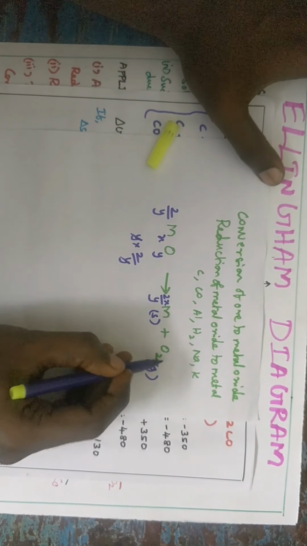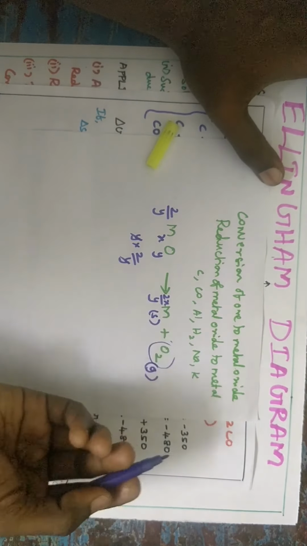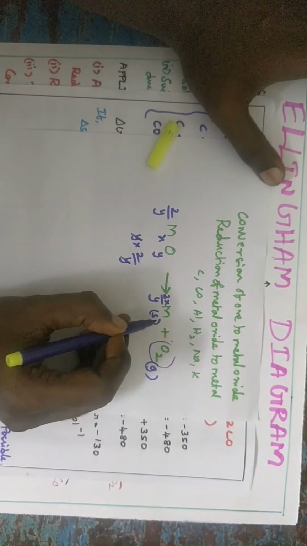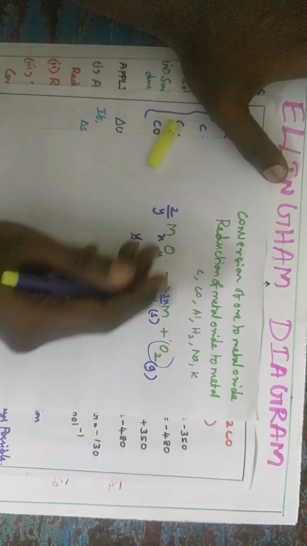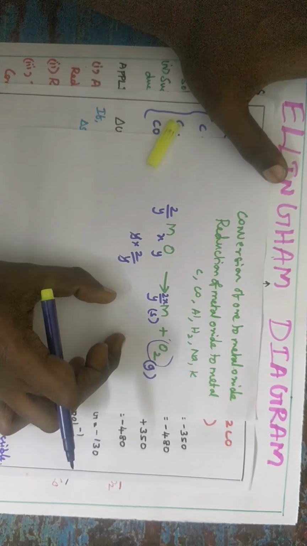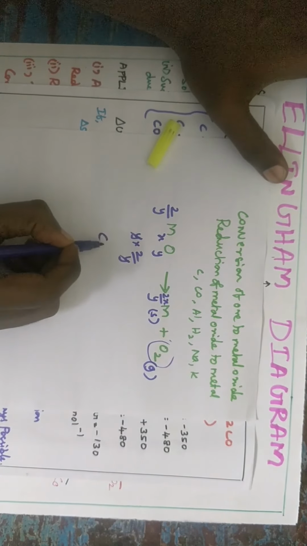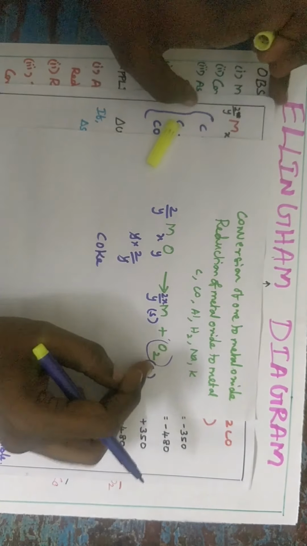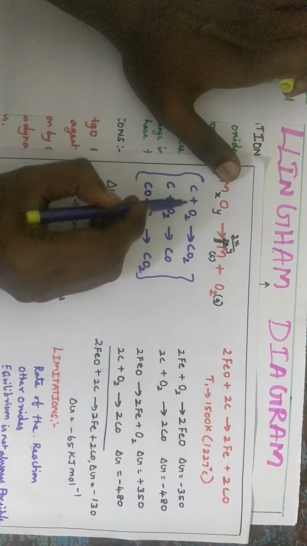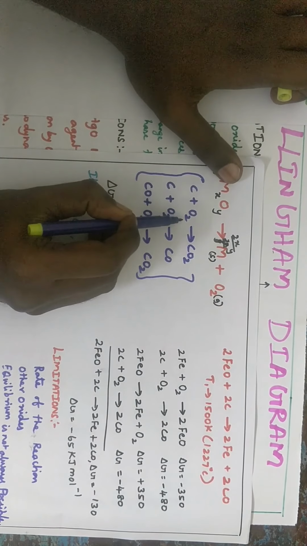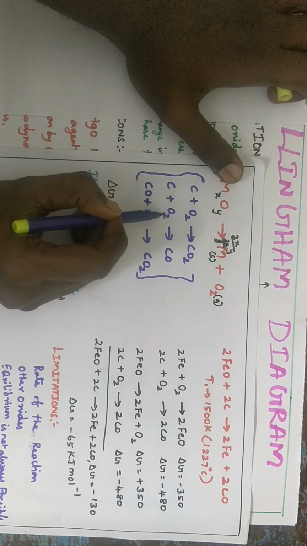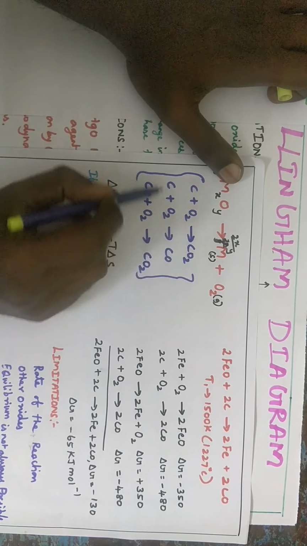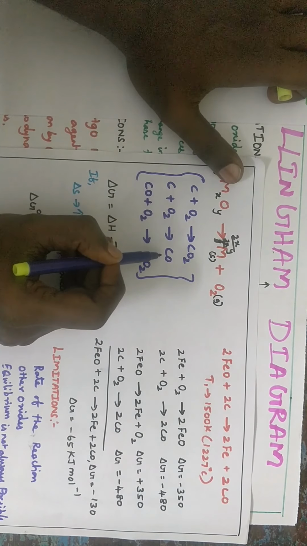In this case, oxygen is liberated. Sometimes this oxygen reacts with the metal in a reversible reaction to form metal oxide. So this oxygen undergoes reduction. We take the example of coke. So this oxygen undergoes reduction with the coke, forming three different equations. Carbon reacts with oxygen to form carbon monoxide. Same carbon reacts with oxygen to form carbon dioxide. Same carbon reacts with oxygen to form carbon monoxide.